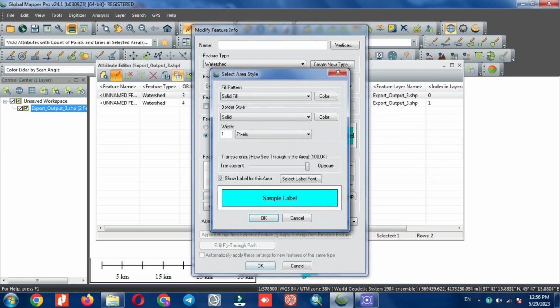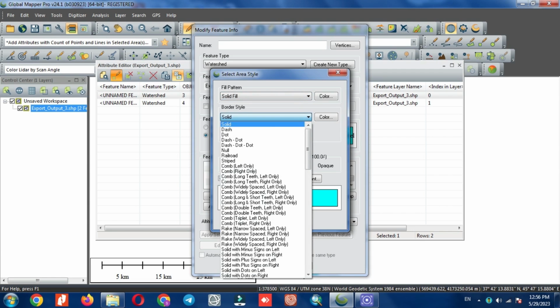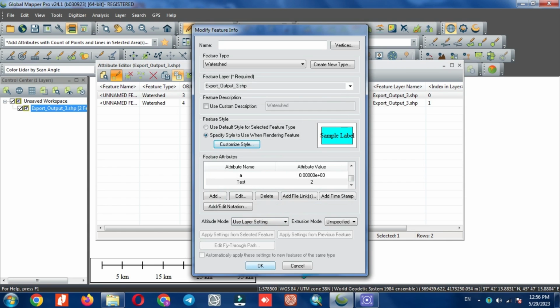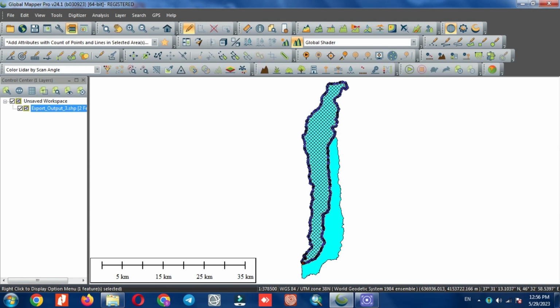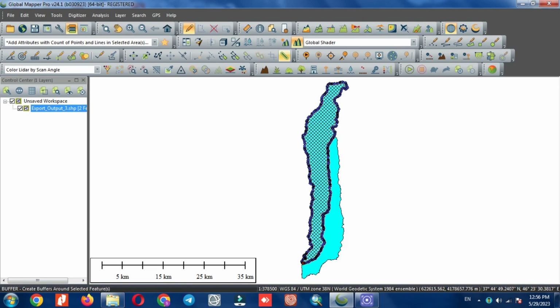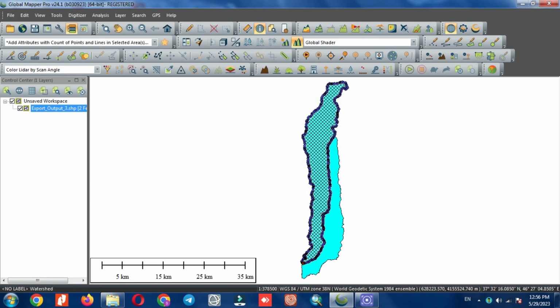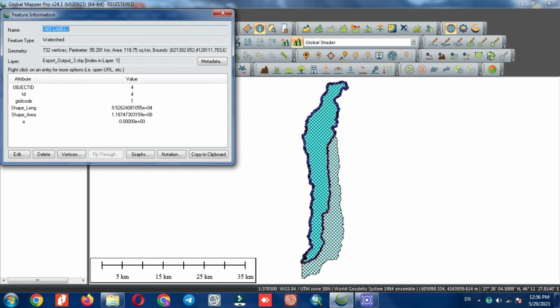You can also adjust the style of the layer. The Feature Info tool can display layer information for you. Just click on the layer. As you can see here,